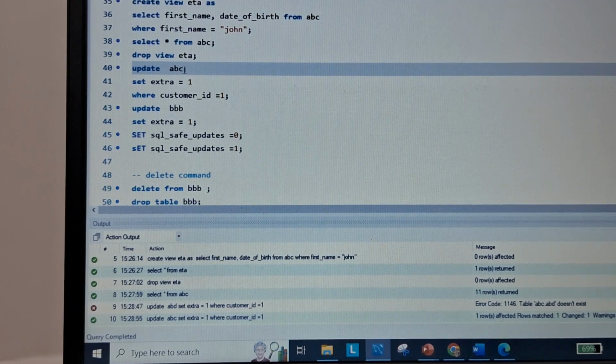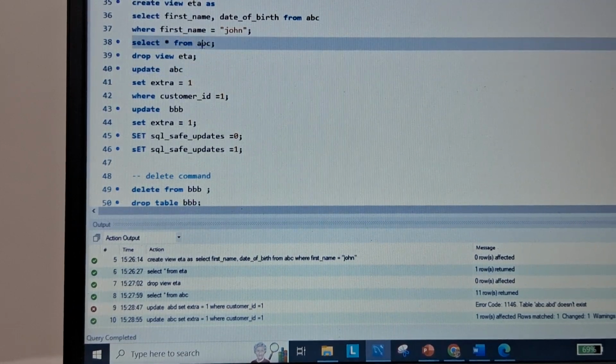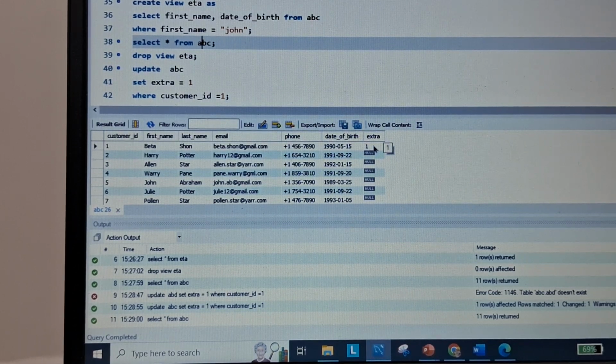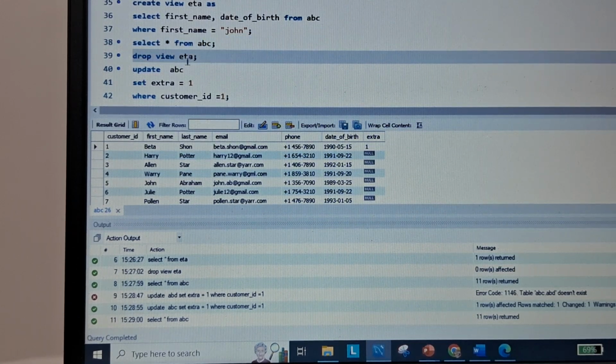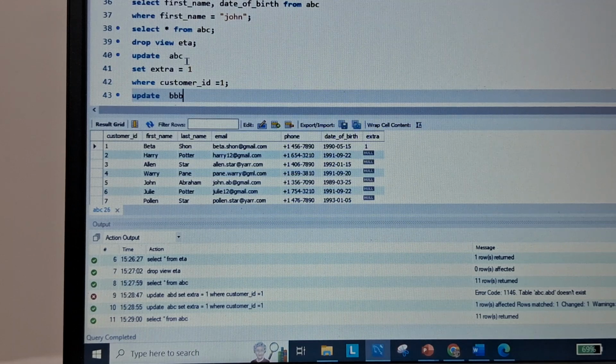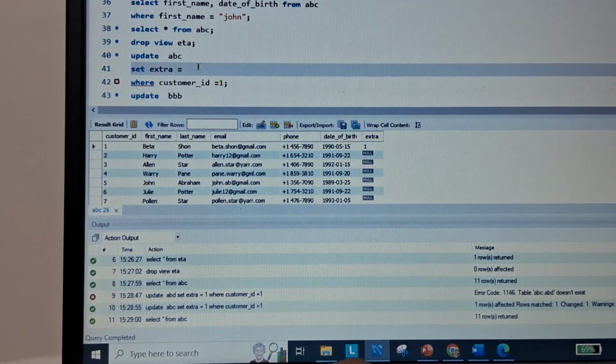Value has been added. Let's check. So here one value has been added in the extra column. Now if you want to add other values, you can do the same.